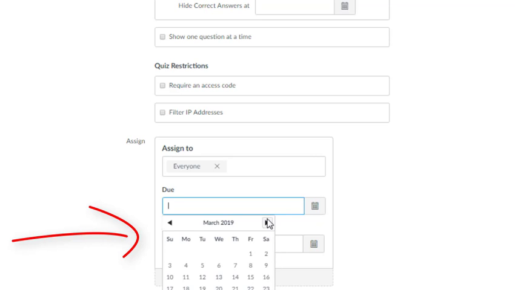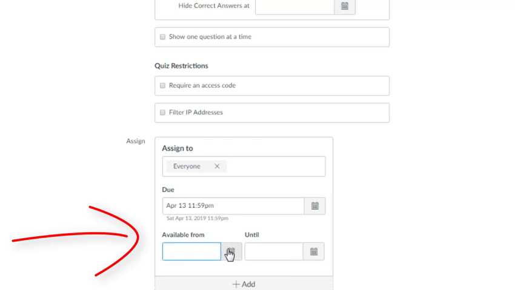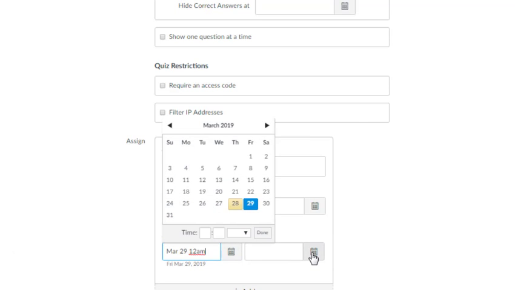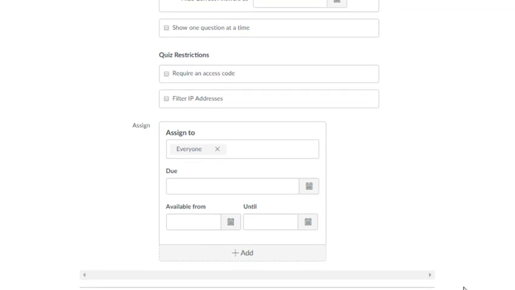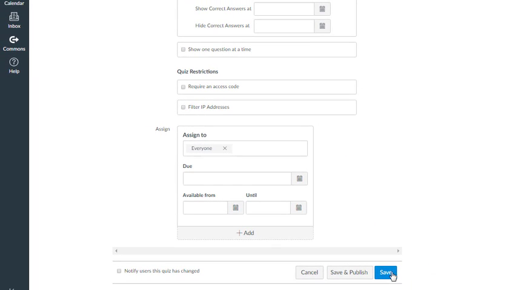To assign, you'll have to set up a due date for your quiz, which means also setting up when the quiz is active for students. Once finished with your setup, you can press Save. Then you'll return to the top of your screen